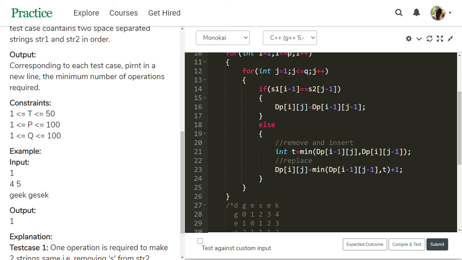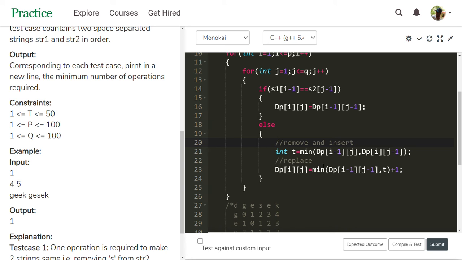Then see the else block. Why is this? When the values are not matching, like this e, the third e is not matched with the s. At this time we need to insert. So this block executes. In this there are three choices: one is remove, another is insert, another is replace.